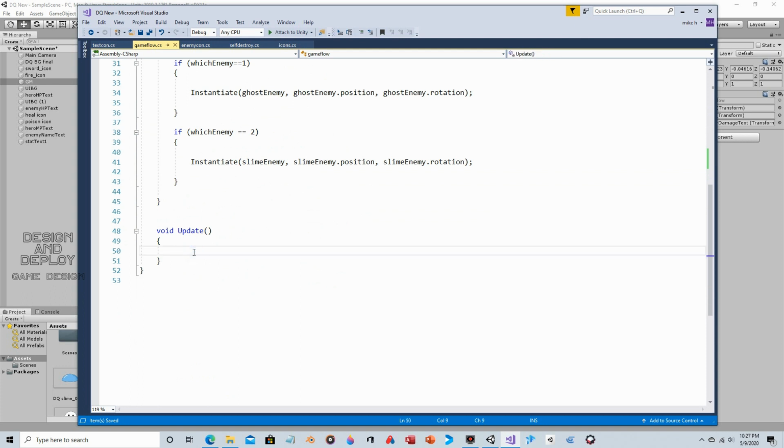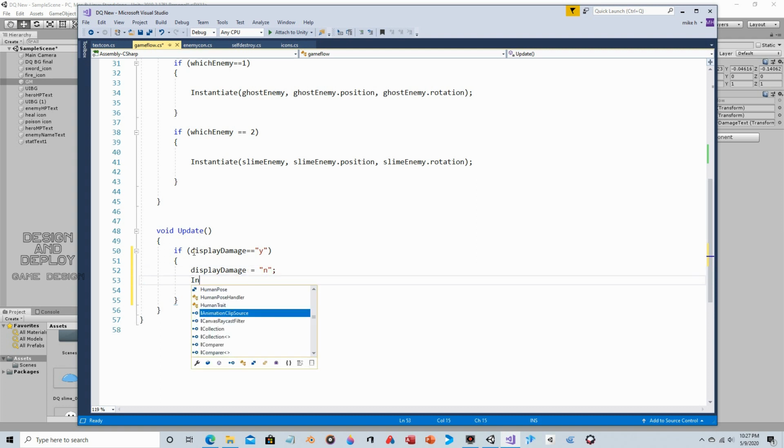So we could do that in the update section. So in the update section of GameFlow, if, and here I actually don't have to type GameFlow because this is the script where the variable is declared. You can write GameFlow if you want for consistency, but if display damage equals Y, we want to do a couple things. First of all, we want to have display damage become no, so it doesn't spam this. And then we want it to actually instantiate